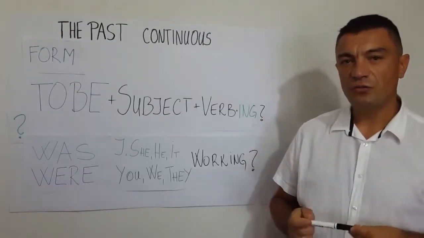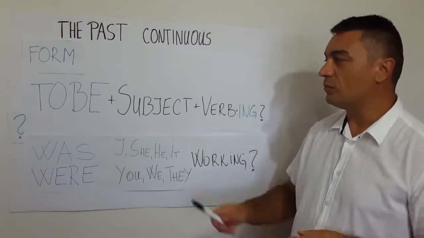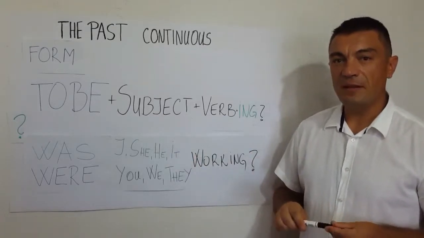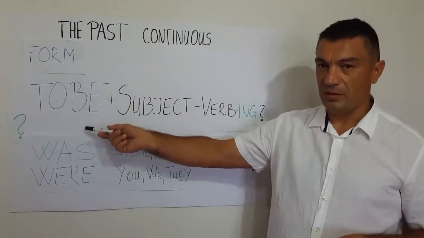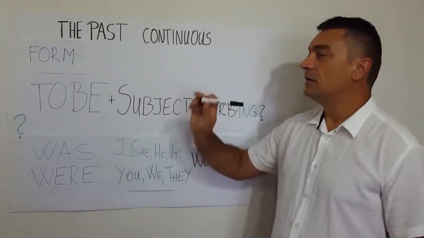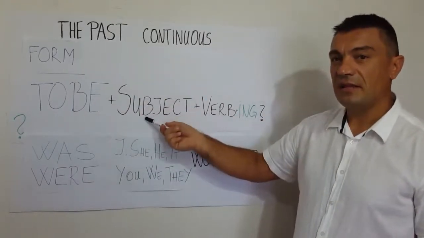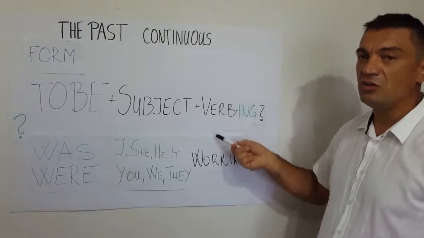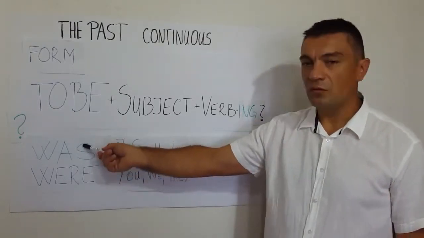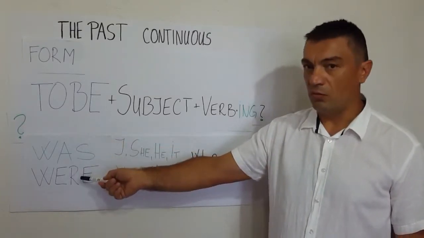Okay, the question form. Question form is formed by inversion of helping verb to be and subject. Inversion means replacing the place between helping verb to be and subject. So, in this kind of question sentences, helping verb to be comes at the first place, then subject, then main verb in ing form. So, question form would be was for singular, past simple of helping verb to be, were for plural,